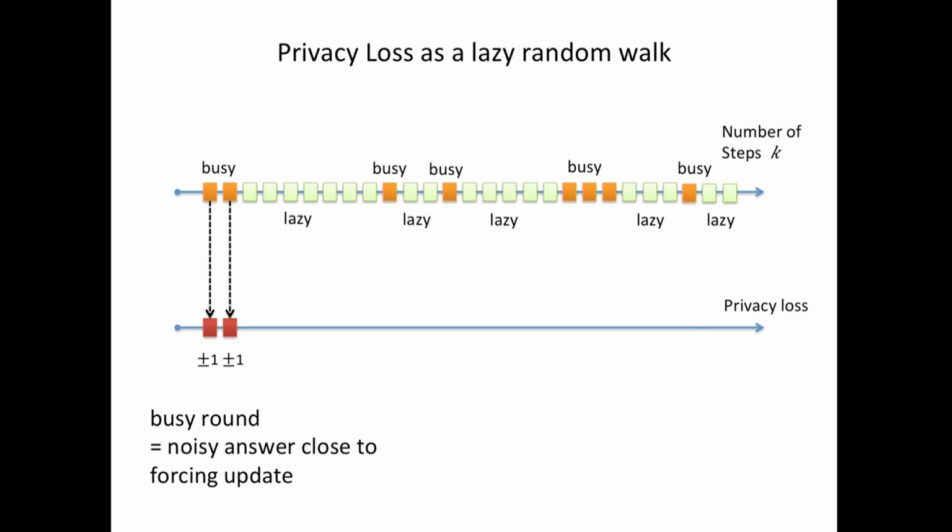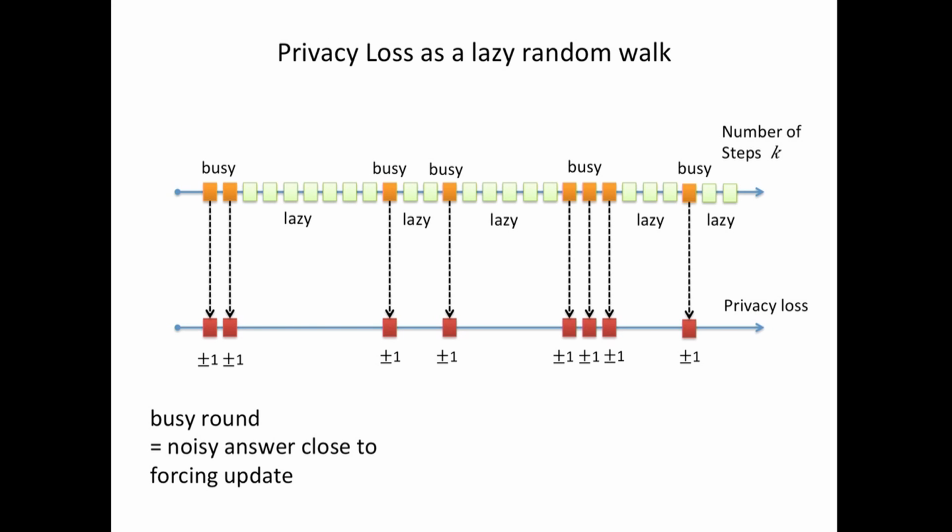And as we go along, in every busy round, we lose plus or minus 1, let's say. And in the lazy round, we lose nothing. Okay? So as we go along, our overall privacy loss is bounded with high probability by the order of the square root of the number of busy rounds. It's like making a random walk on a line. You go left, you go right with probability half, and you end up only square root of the number of steps away from the origin. Okay? So this is